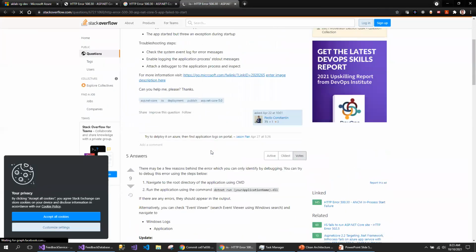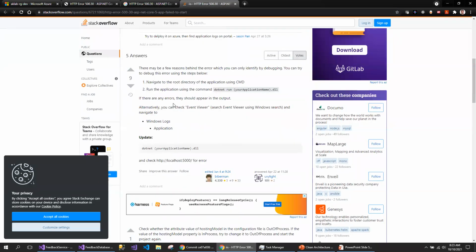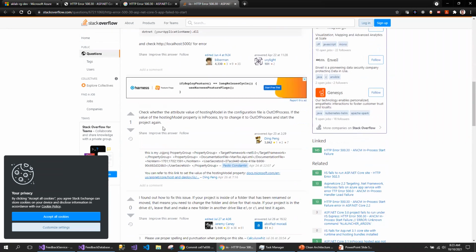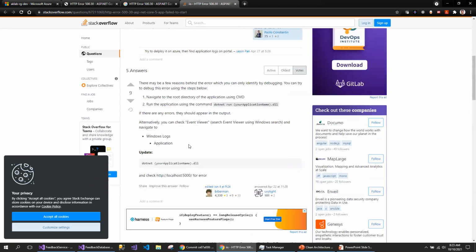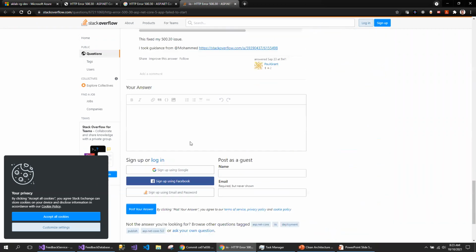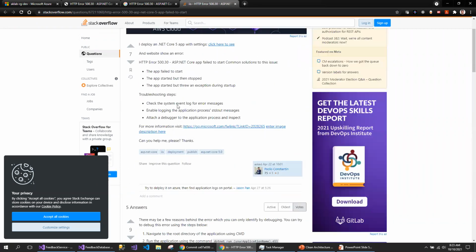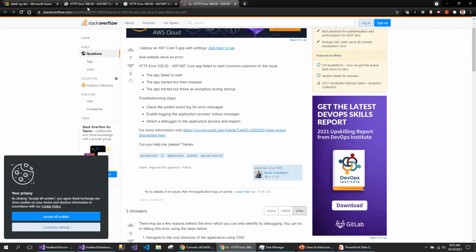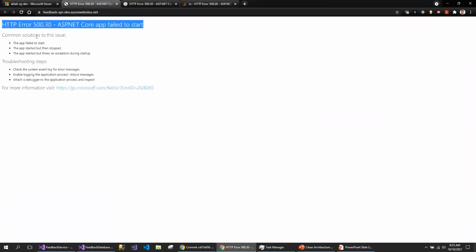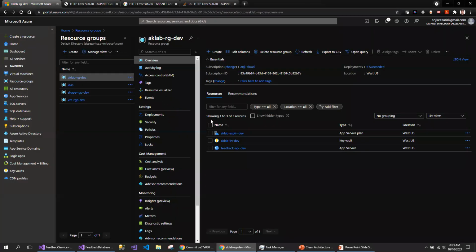There could be different possibilities why you are getting that error. There is no green tick mark here, that means there is no proper answer. So the best way is to get access to your log so that you can see why you are getting this error. I'm going to show you how to access the log.